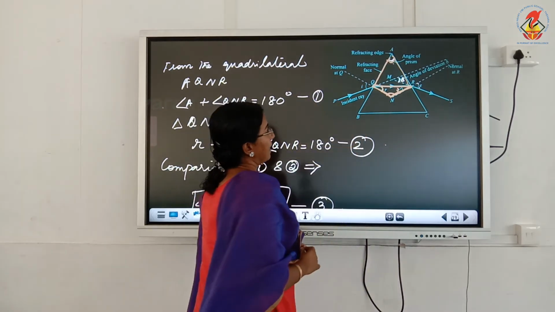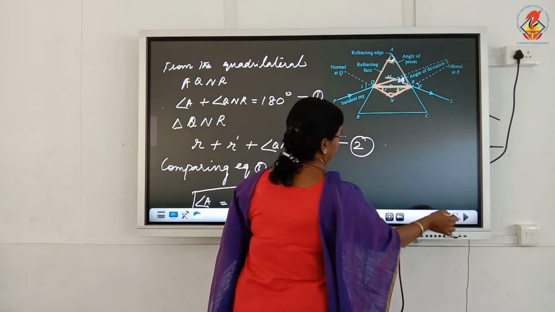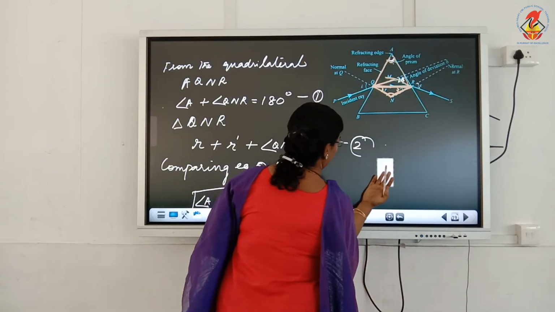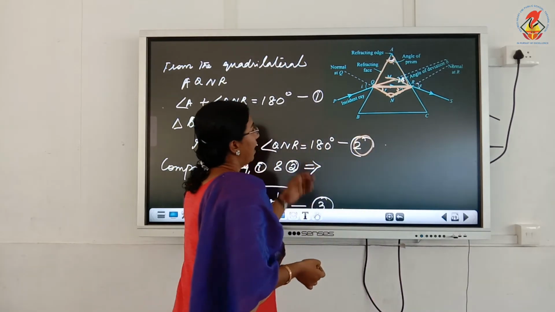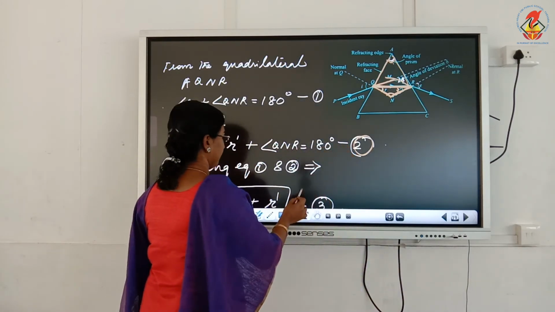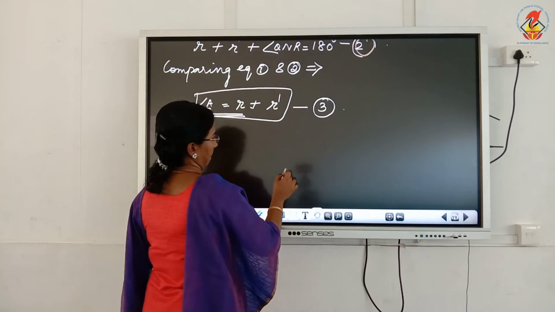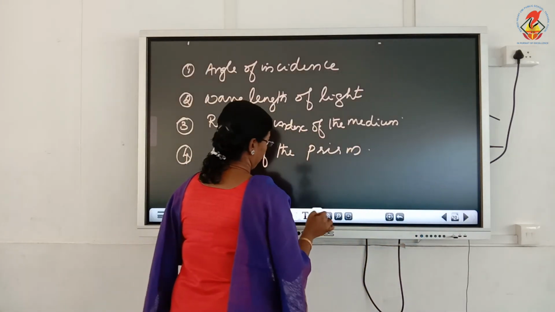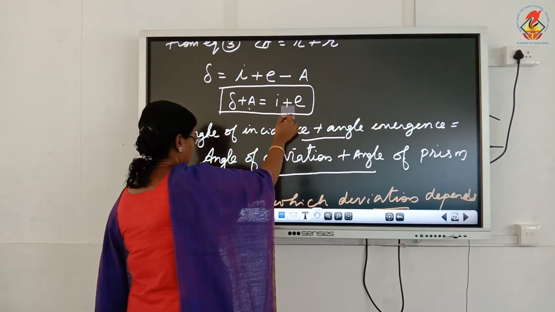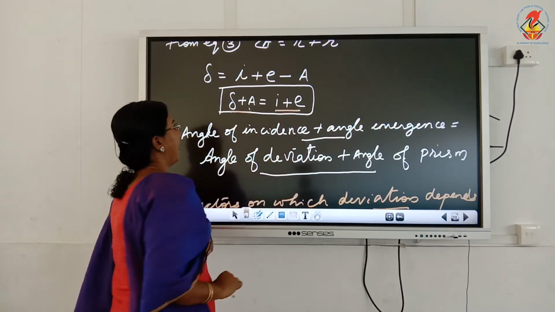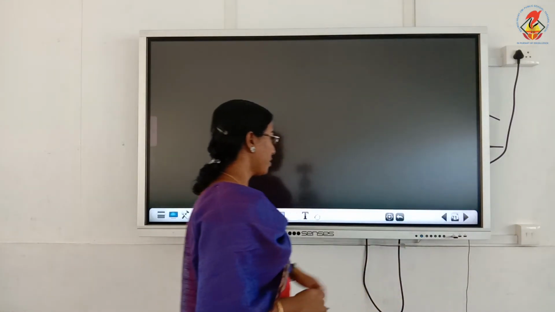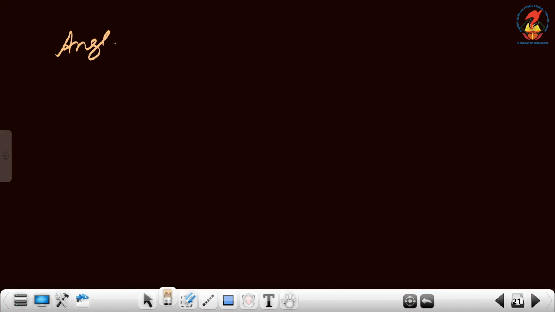And also from the triangle MQR we got exterior angle is equal to sum of opposite interior angles, and we converted that particular equation in terms of I, R, R dash and E, and we got the final equation as: sum of angle of incidence and angle of emergence is equal to angle of a prism plus angle of deviation. Okay. Next, we are going to draw a graph relating angle of deviation